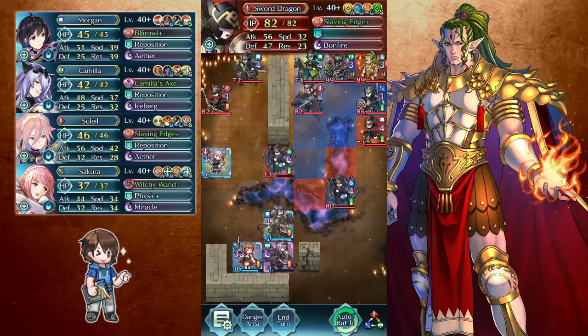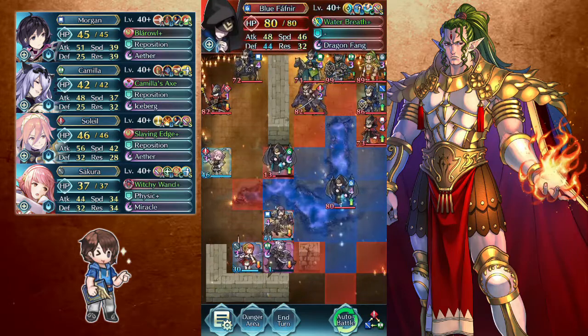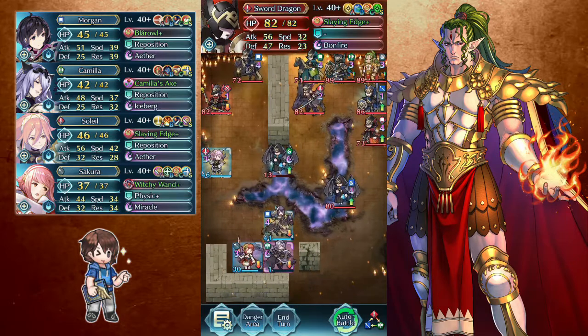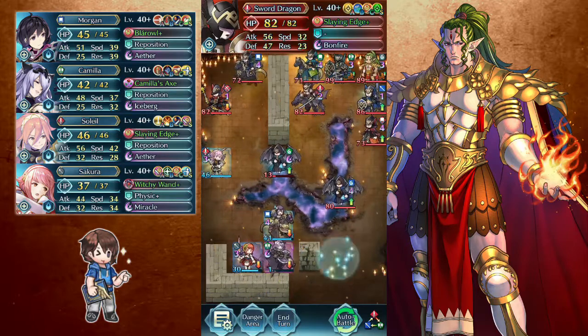So now we have to be really careful because it would be easier to send Camilla up to attack this guy, but we have to watch out because this sword dragon can just kind of swoop in at any moment. He was another small challenge to figure out how to dance around, but nowhere near as bad as those first 2 turns. But as you see, these guys aren't going to be able to get to us thanks